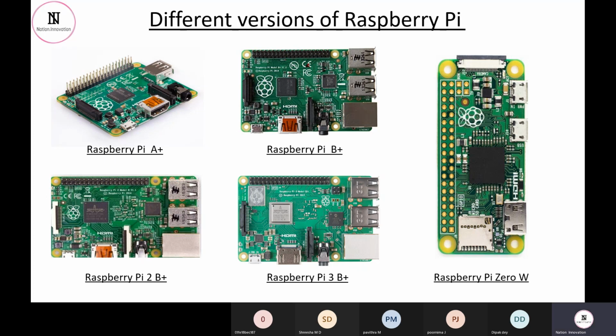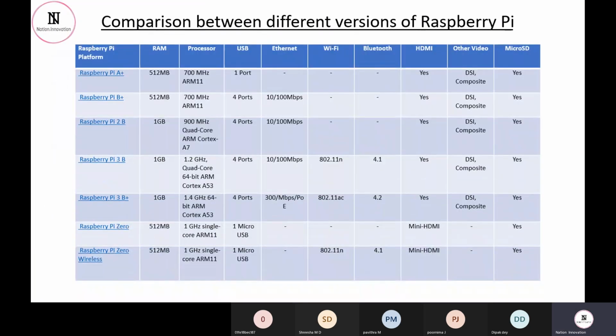But in the case of Raspberry Pi, we consider that when we have a much more complex system, only then we can move towards the Raspberry Pi. The reason why, we will continue in the lecture itself. So this is basically an overview of the different Raspberry Pi boards as well.